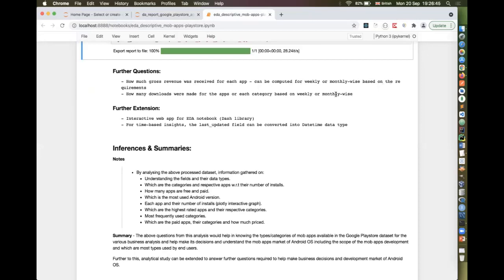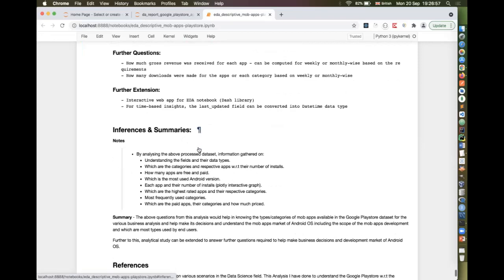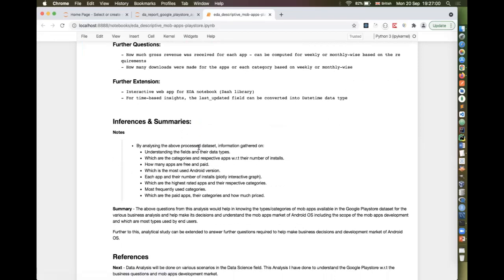And also how many downloads were made for the apps or each category, weekly or monthly, which again depends on the next set of requirements. A further extension for this Jupyter Notebook for exploratory data analysis is that an interactive web app can be built using the Dash library. That would be the next level of exploratory data analysis, which comes under advanced EDA.